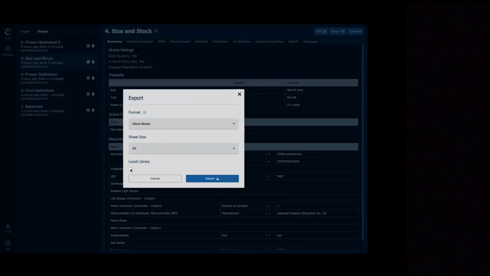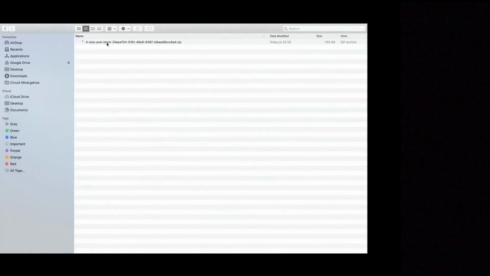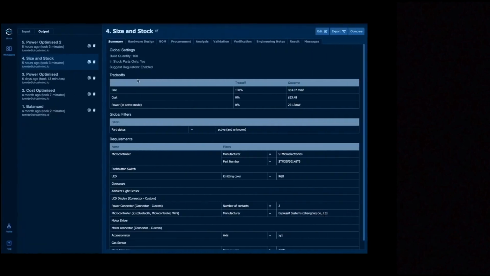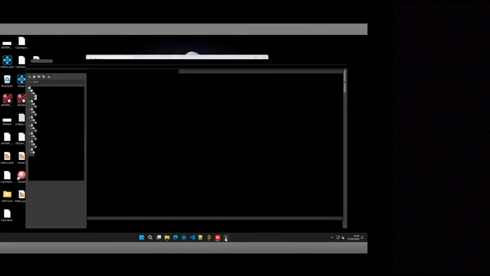Click on this button, Export, and choose your ECAD tool from the drop-down over here and click on Export. It's just going to take a few seconds as it loads my files, zips them up, and exports them onto my computer. Perfect. That's done. Have it in my computer, uncompress it, and I'm ready to go. So I'm just going to copy this folder, move it into my workspace, and copy that over. I'll open up Altium,